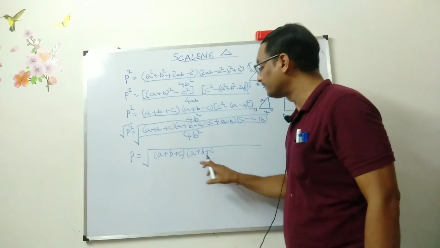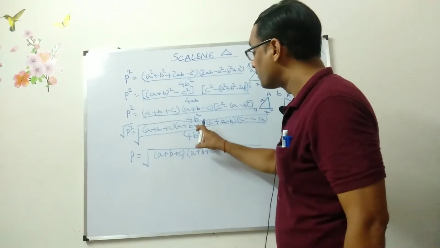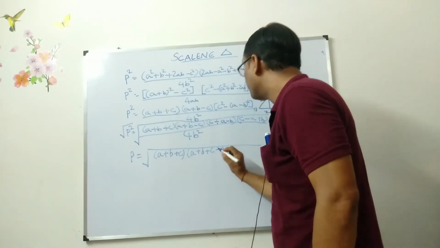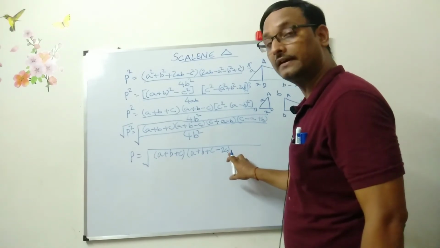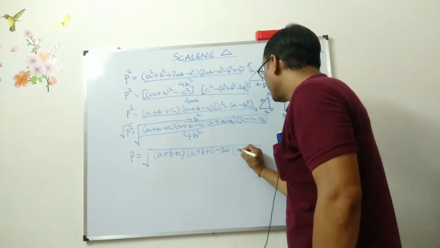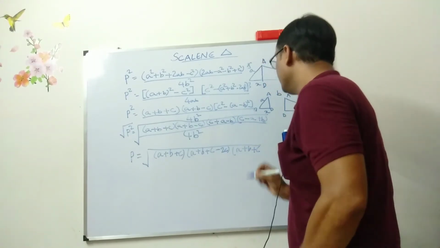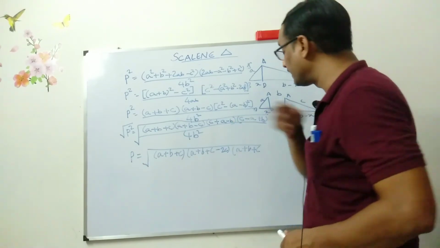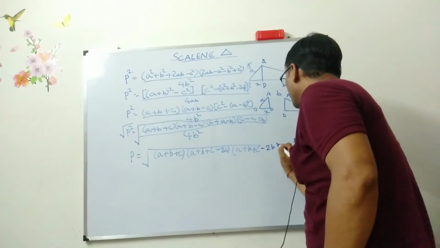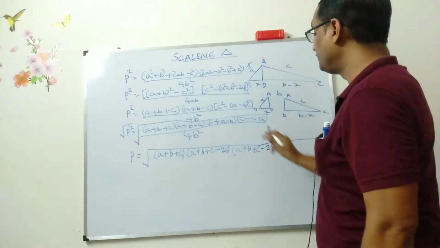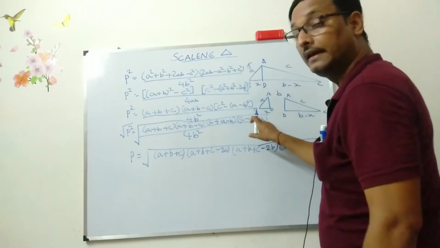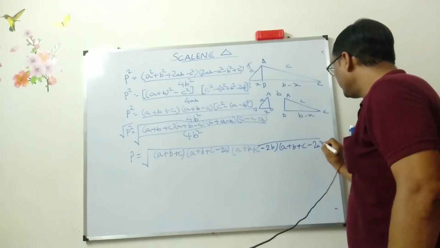But now you will be saying, sir, this is how you can write a plus b plus c. Over here it is only minus c. So you need to add minus 2c. If from plus c, if you will be subtracting minus 2c, then you will be getting minus c. The same thing you will be applying to this one, a plus b plus c. Again you will be saying minus b is there, how you can write plus b? You write minus 2b. For this, you write a plus b plus c. A is minus, then you write minus 2a.